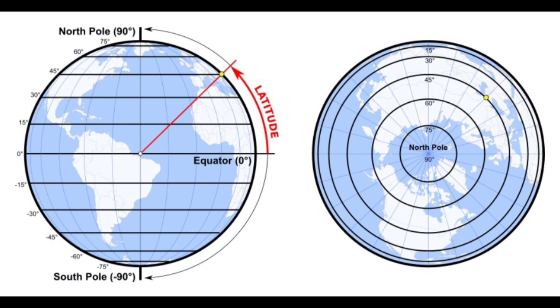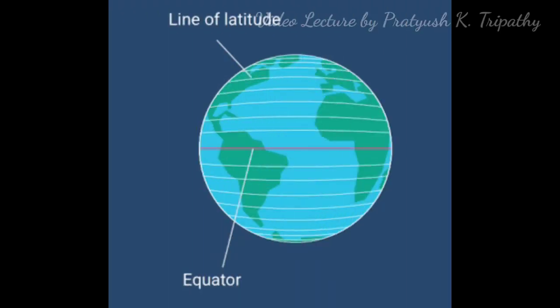It is measured either to the north or to the south of the equator and is accordingly specified as N or S. Each latitude is an imaginary circle parallel to the equator and centered on the polar axis. Therefore, these are called parallels of latitude. Altogether, there are 180 parallels at 1 degree interval, that is 90 to the north of the equator and 90 to the south of the equator. The equator is taken as 0 degree latitude and is the only great circle.